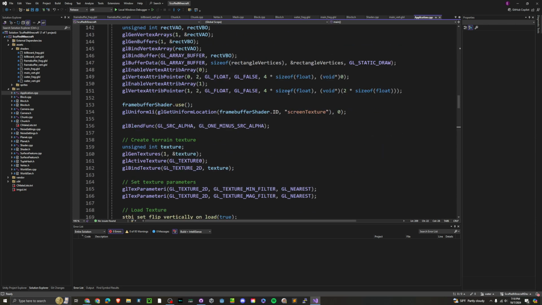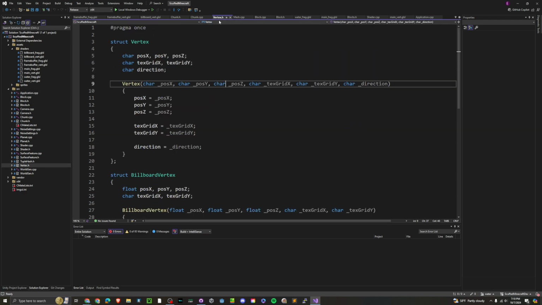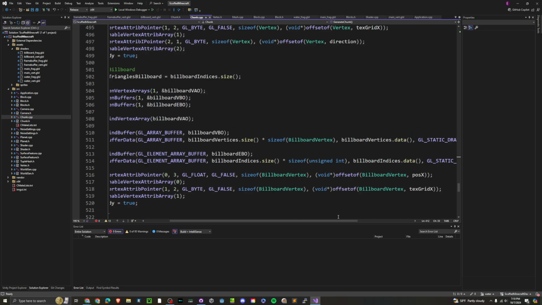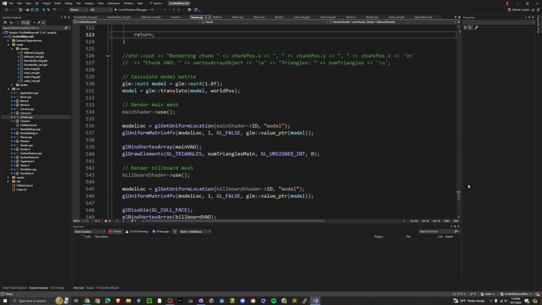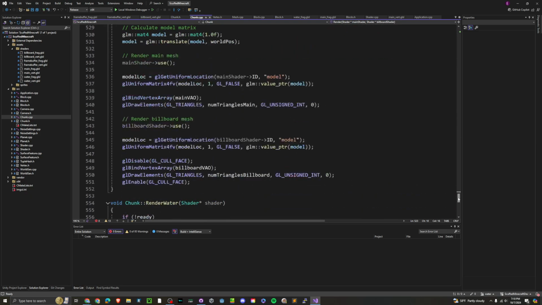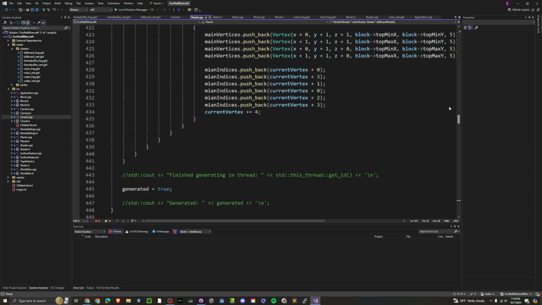Alright. One of the things that I did was I split off the billboard blocks into their own sort of mesh. Because of that, I managed to eliminate half of the faces for it, because I can just set it so it renders on both sides. We disable cull face so that both sides of the face render instead of just one of them. And so that's